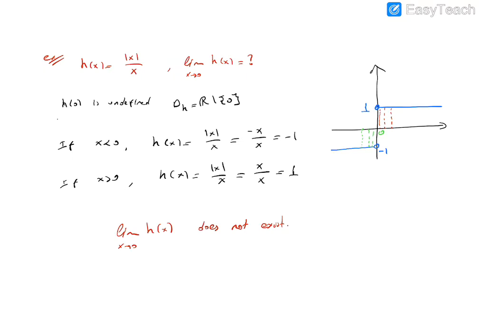In this example, we see that the value of the function h of x approaches two different numbers, depending on the direction of the approach. And it is natural to refer to these values as the limit from the left and the limit from the right. This experience suggests that the notion of one-sided limit will be very useful in discussing basic concepts. So we are ready to define the one-sided limit.